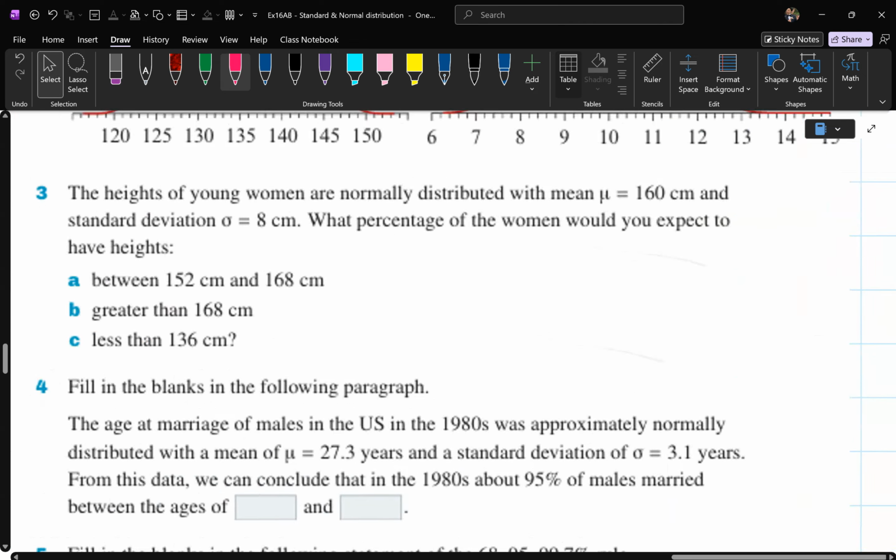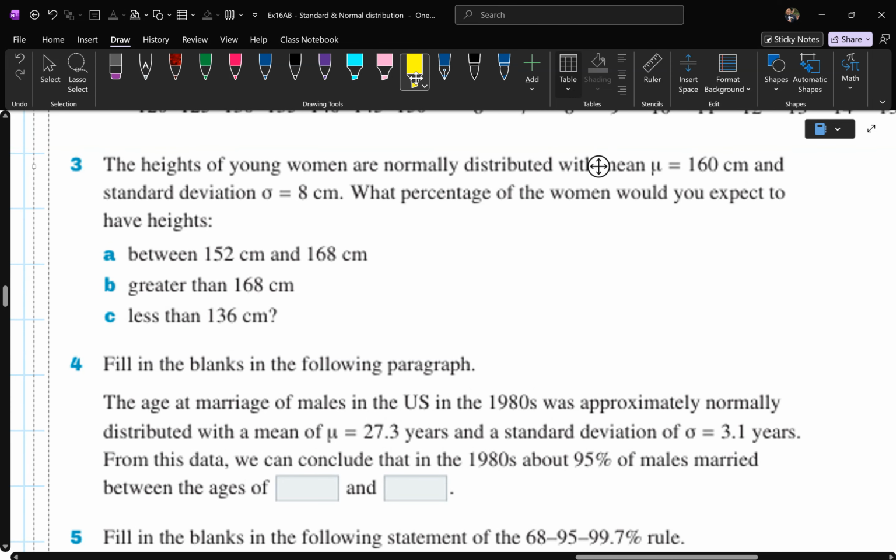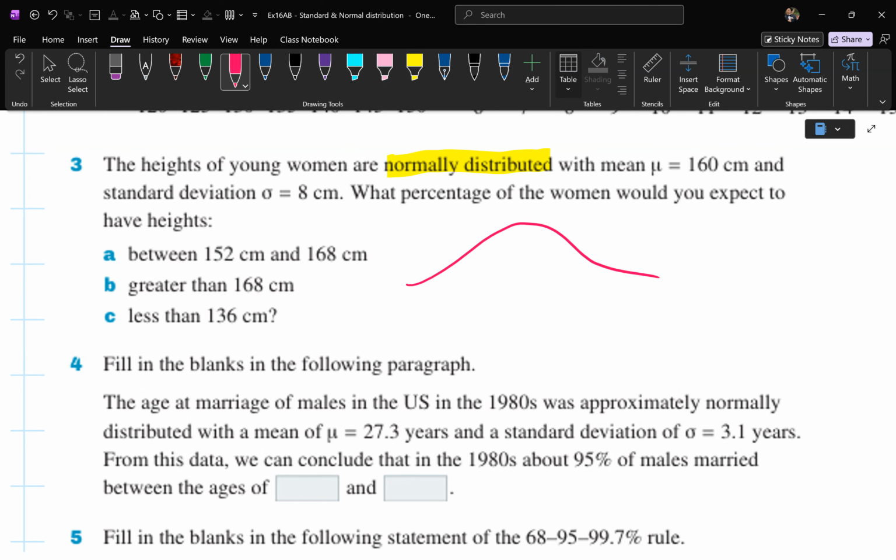Let's do 3. Question 3, the heights of young women are normally distributed. So that's a hint. There we go. So now we know it's normally distributed. So think of the picture again. And then we say the mean is 160. So mean, center is 160. And standard deviation is 8. So width is 8. What percentage of the women would you expect to have heights